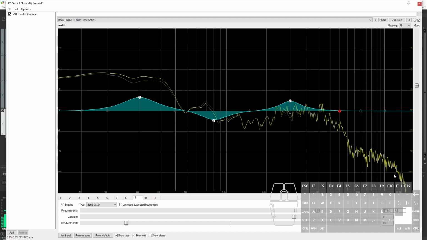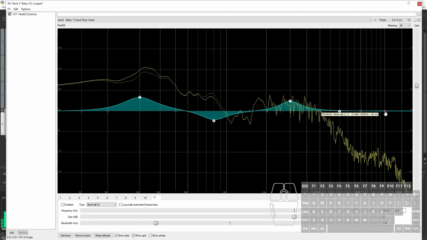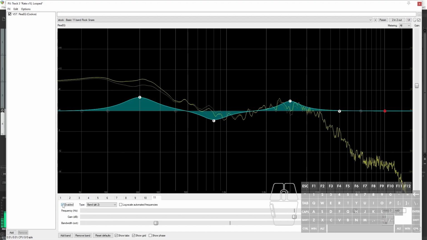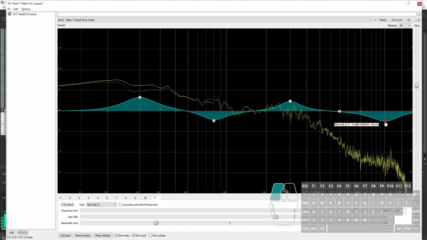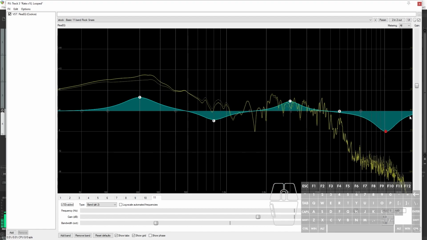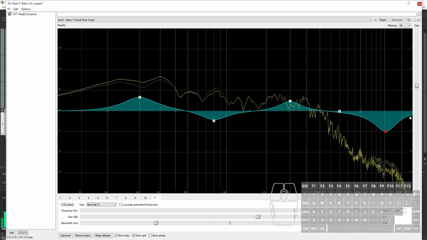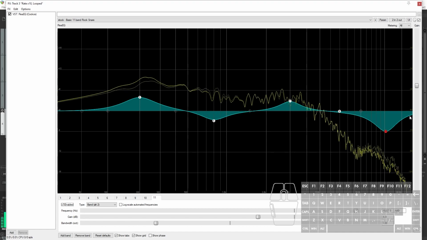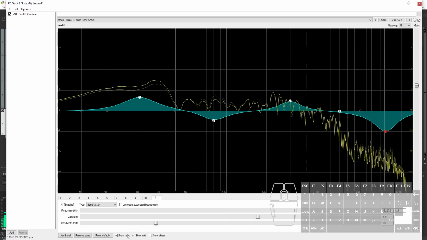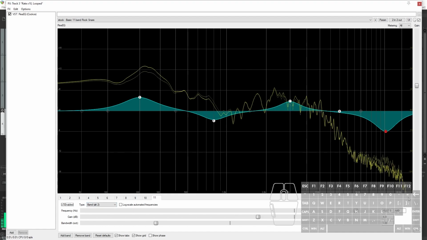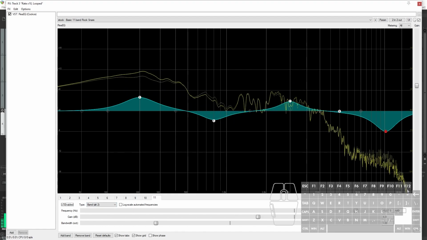Because we don't have that many frequencies up here, I can activate band 11 by checking enabled down here. And then I can drag that down. And you'll notice that that is forming a band that has a bell-shaped curve. It drops down from the left side, but then pops back up on the right. And that's because our band type is set to band. But because I don't even have any frequencies up here to really clean things up,